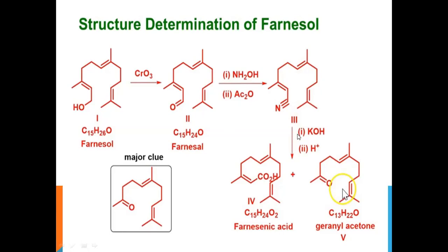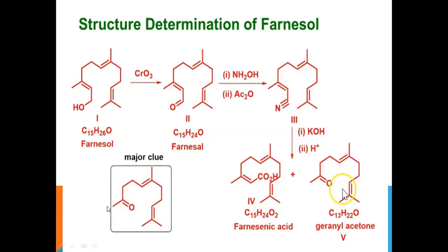So this, on treating with potassium hydroxide, that is a base, followed by acid, gives two different products named farnesenic acid and geranyl acetone. So the cyanide on treating with base followed by acid gives two different products, that is farnesenic acid and geranyl acetone. Based on the structures of these products that are formed, we can come to a conclusion about the basic